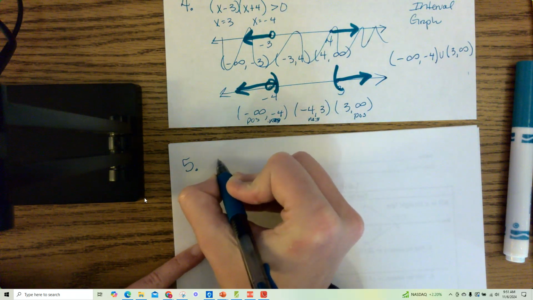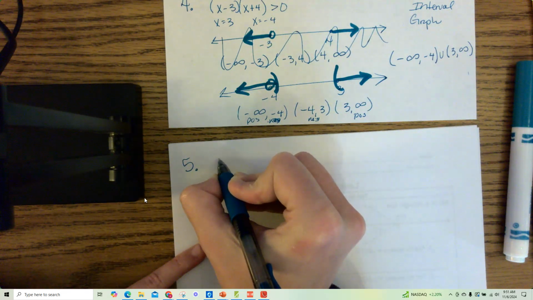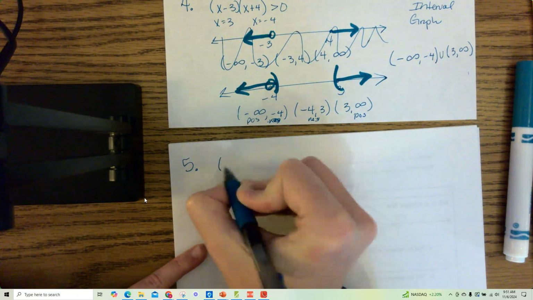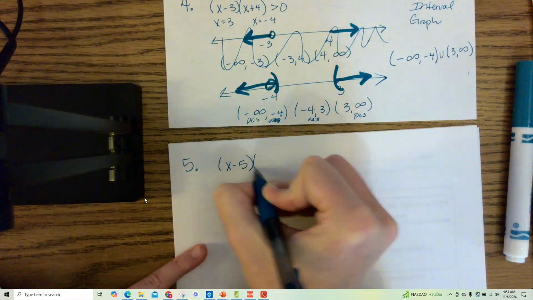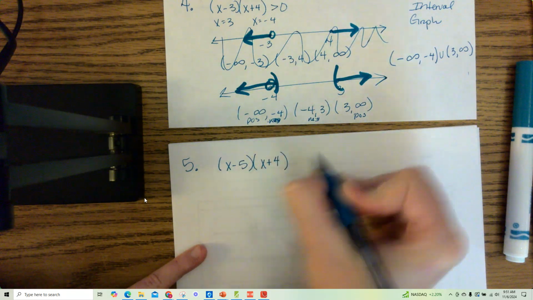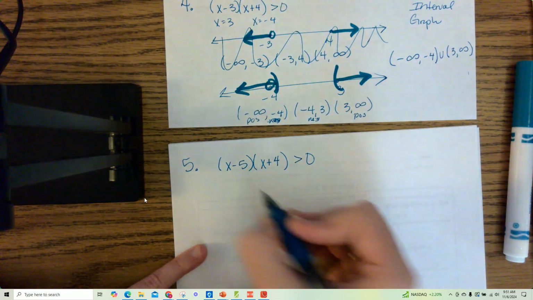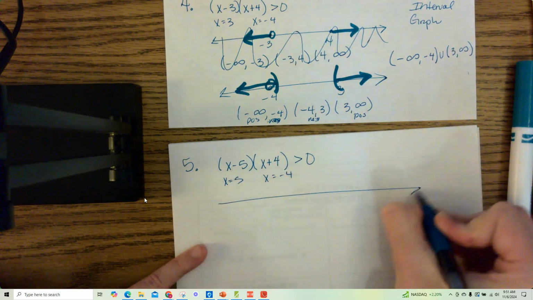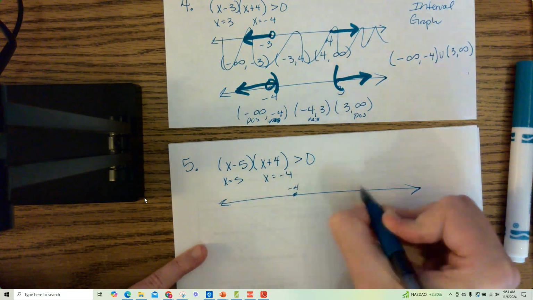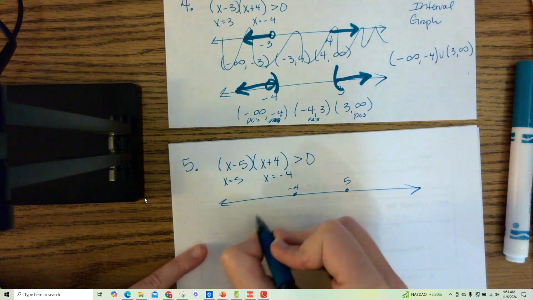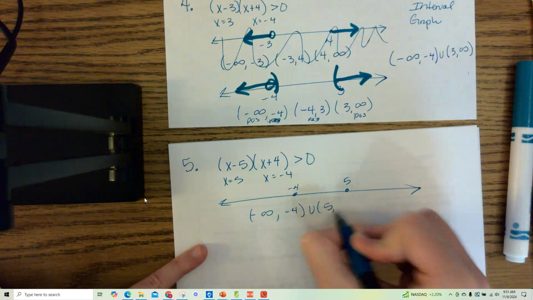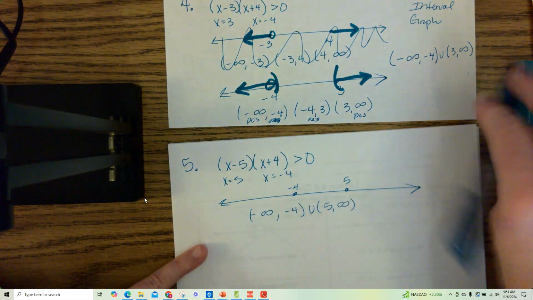I just got it. It was the same thing as the last question, just without the first part, without the table. It's just asking for the solution set and then the number line. Okay, so what's your x? Open parentheses x minus 5, close, and open x plus 4, close. This is greater than 0. So x equals 5, x equals negative 4. So it would be negative infinity to negative 4, union 5 to infinity. And then,